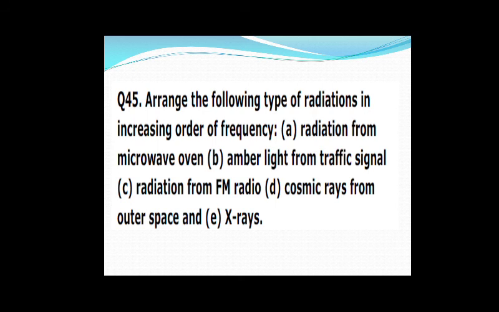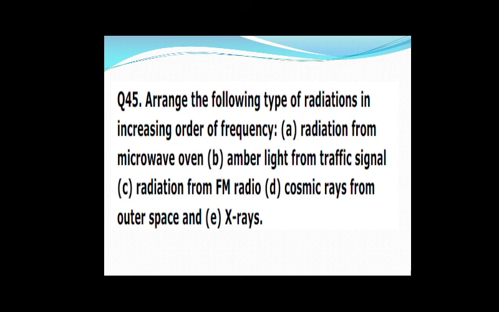Arrange the following types of radiation in increasing order of frequency. This question is related to the very first topic which we started in the chapter, the electromagnetic spectrum. I hope you all remember, the electromagnetic spectrum was the arrangement of electromagnetic radiation in increasing order of frequency. R, M, I, visible, ultraviolet, then infrared, like that. I hope you remember: R, M, I, radio, micro, infrared, visible, ultraviolet, then X-rays, then gamma rays.